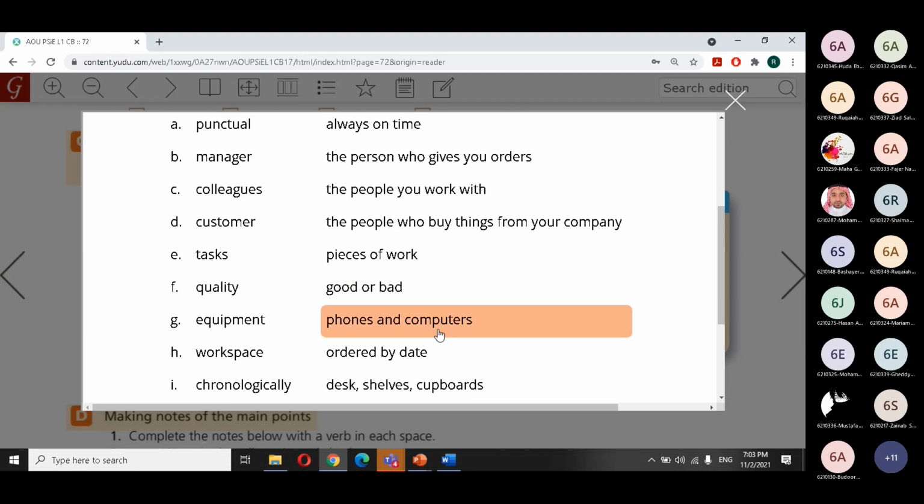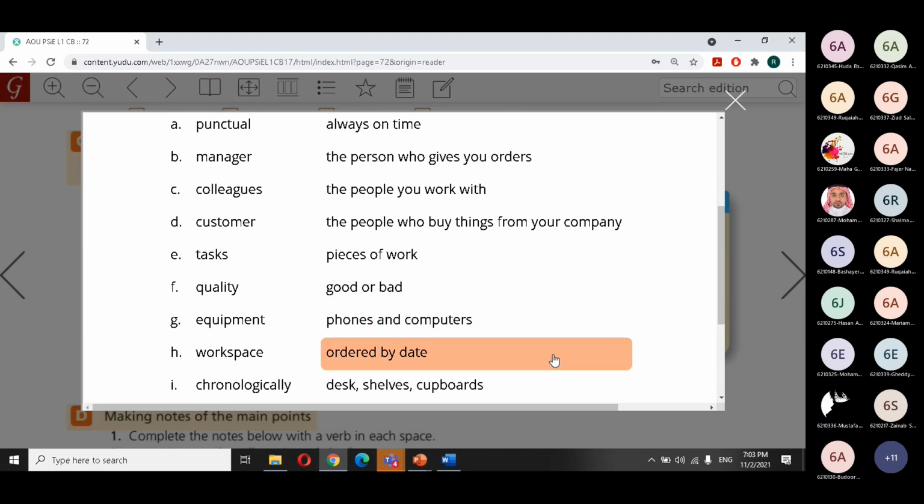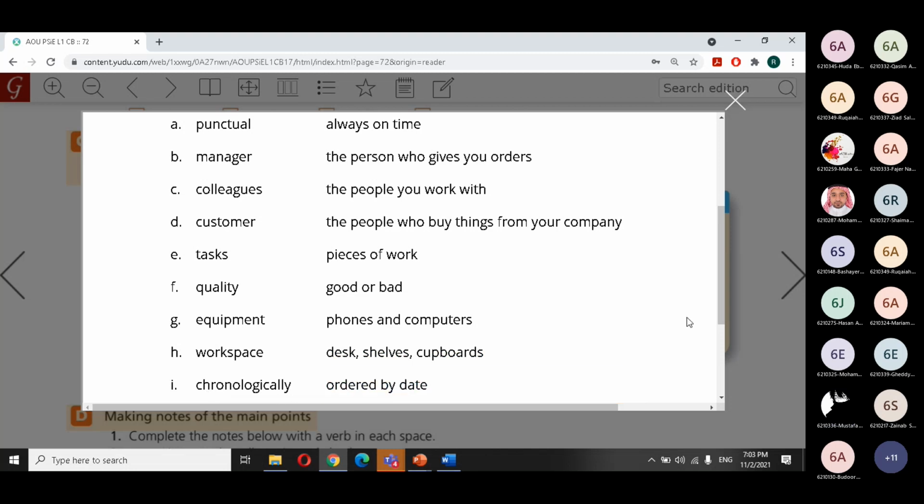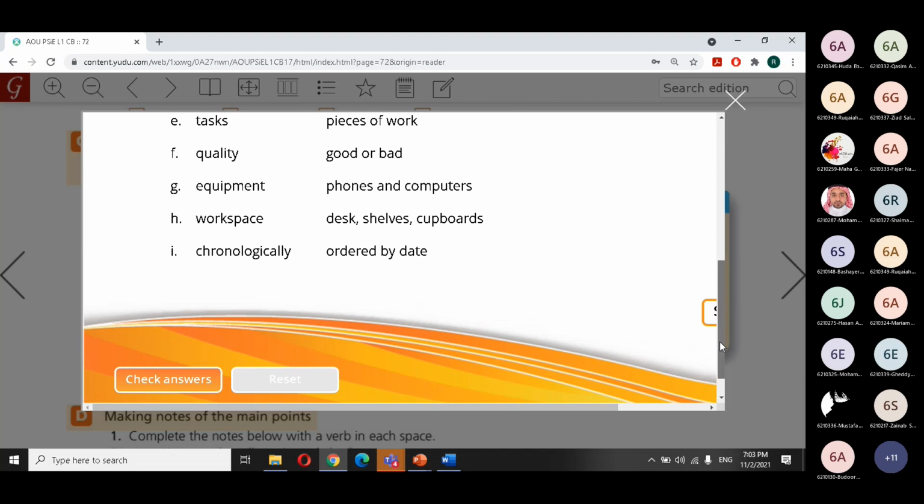Equipment means devices. Equipment: so phones and computers. Workspace: desk, shelves and cupboards. And this word is important. When you organize your files,